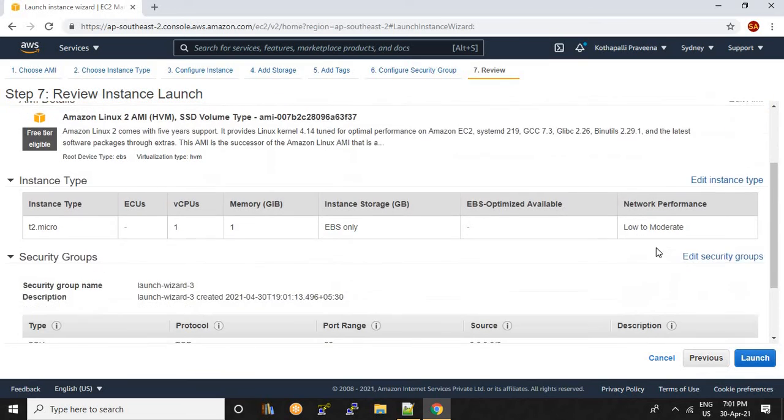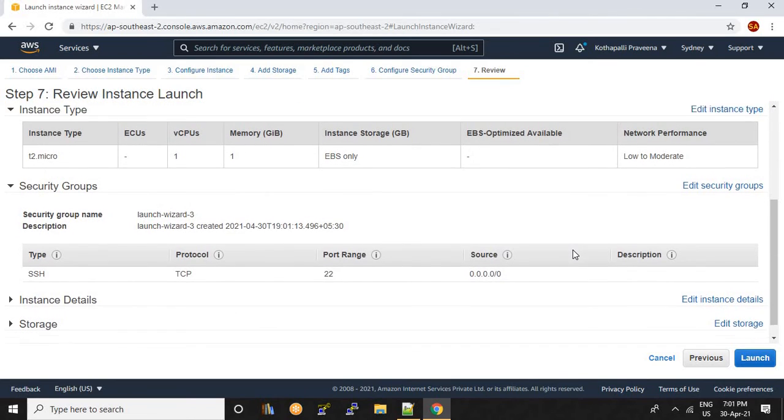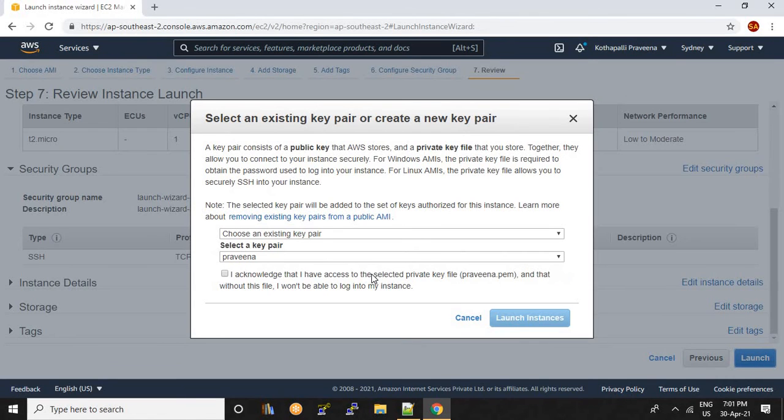So here are all the details: the AMI which we have added, the instance type, that is the server configuration that we have added, and security groups, storage details, tags details, instance details, all are here. Click on launch. To log in into this instance we need a key, a password, right? So here we are creating a key.